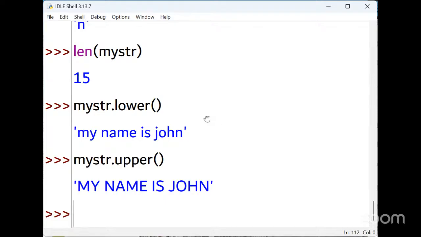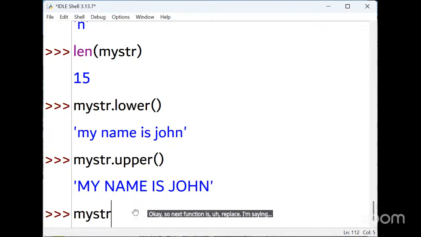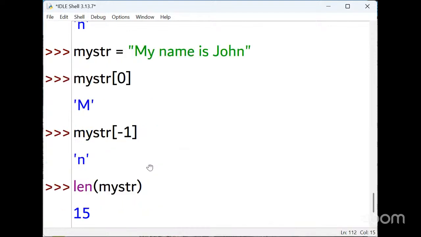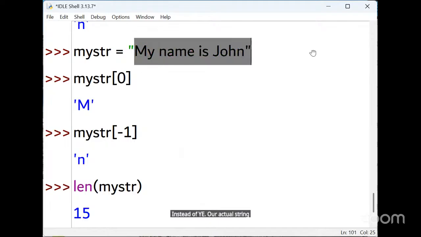Okay. So the next function is replace. I'm saying my string dot replace function. Our actual string is "My name is John."